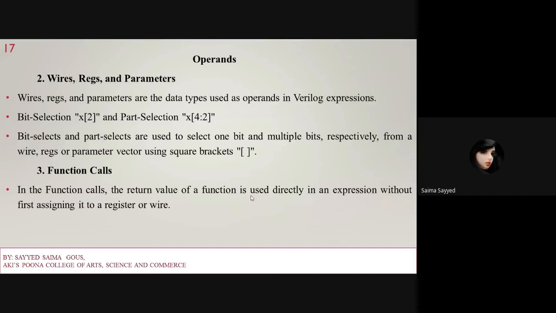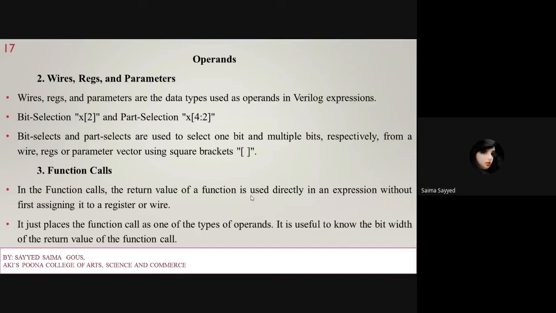So the function call is just to return values, and it is mostly useful to know the bit width of a return value for a function call. It is used to know how many bits there are, or the width of the value that is getting returned.